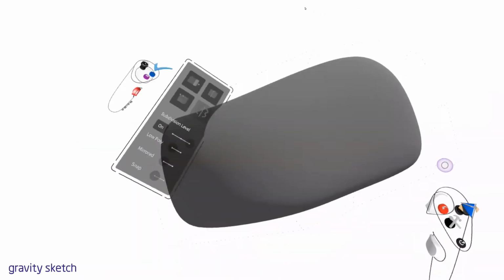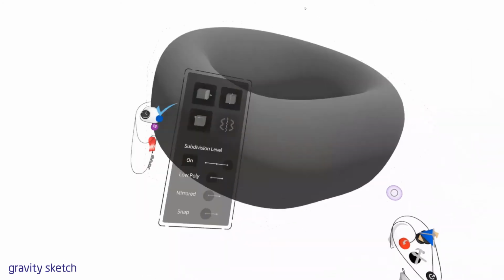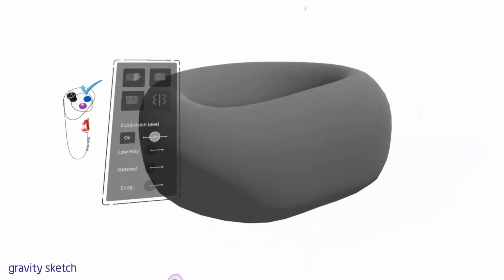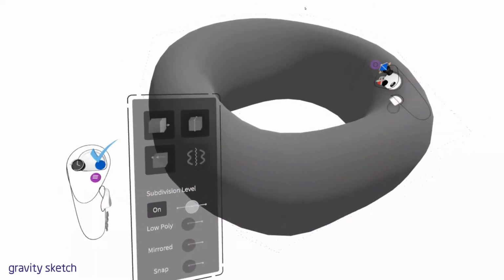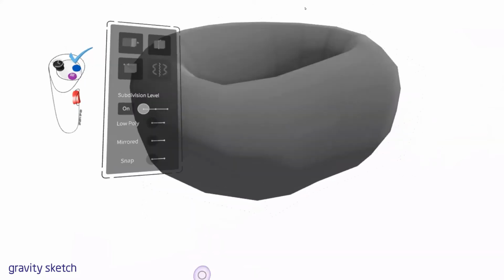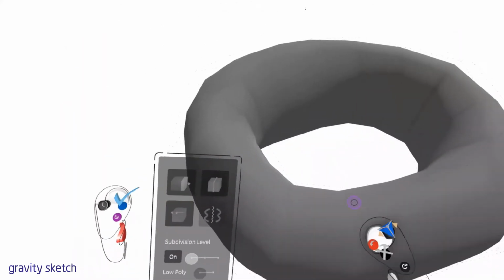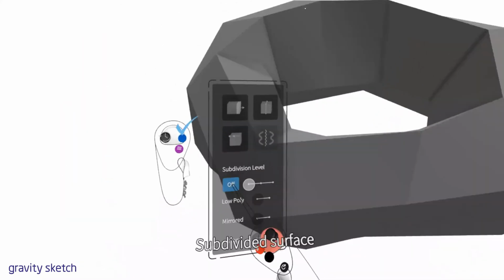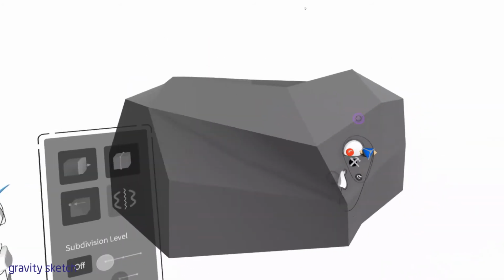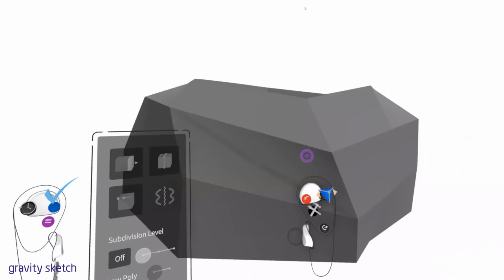And so this is a pretty great thing. We can also turn our subdivision level down. We just see a little bit of faceting there, and we can turn it all the way down, and we still get a rendering representation of this. We turn it off, and now we get our kind of jagged faces. This can be useful sometimes for